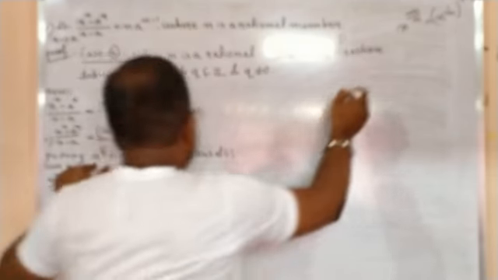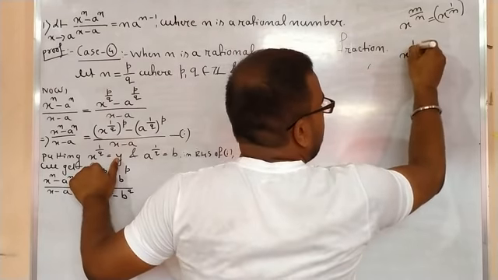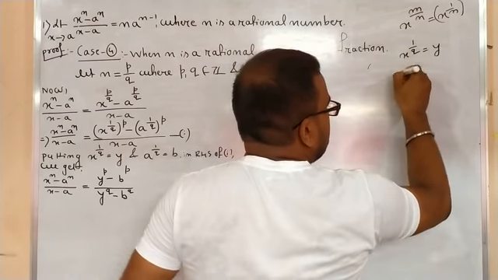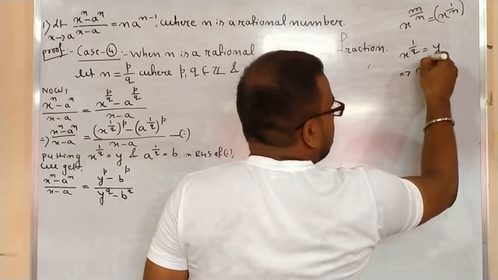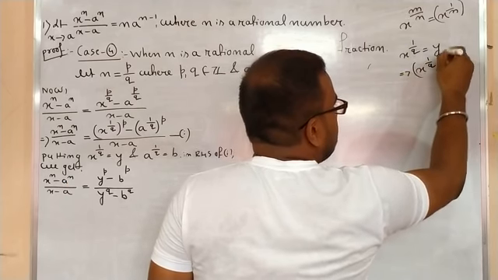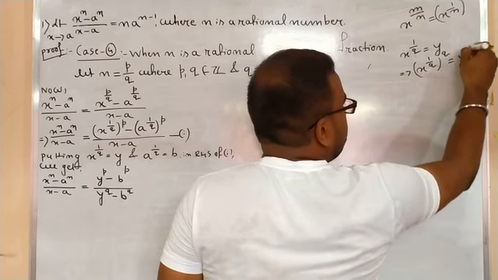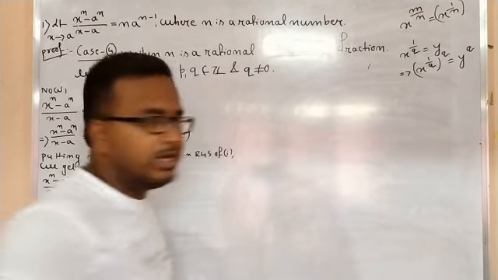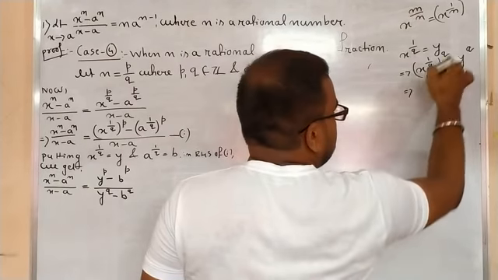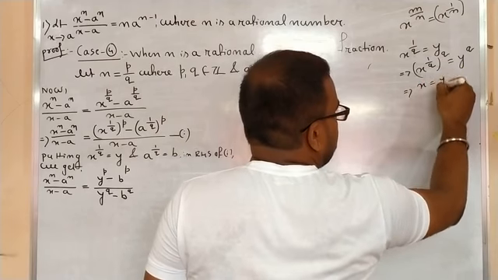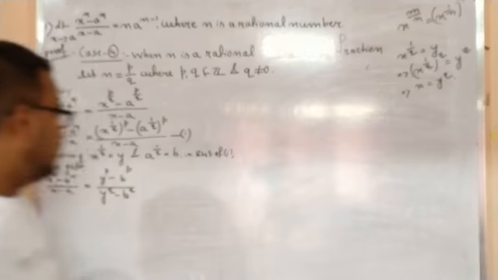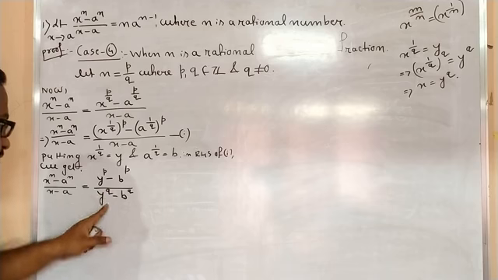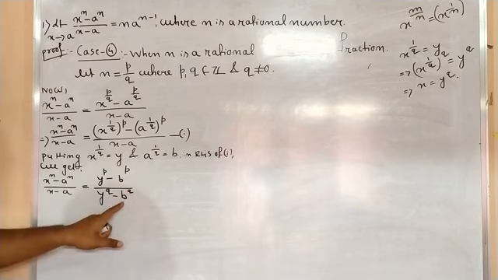You just see here, because x to the power 1 by q is my y. If I write x to the power 1 by q whole thing to the power q equals y to the power q by law of indices, then this into this is x, so it is y to the power q. So x equals y to the power q. I have put x equals y to the power q, and similarly a equals b to the power q.